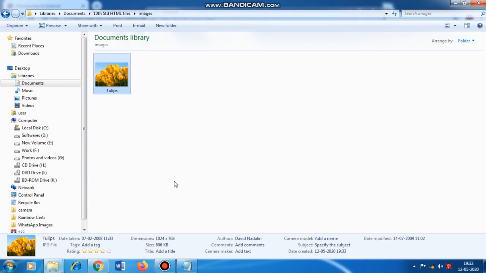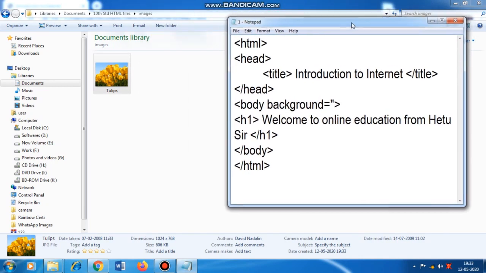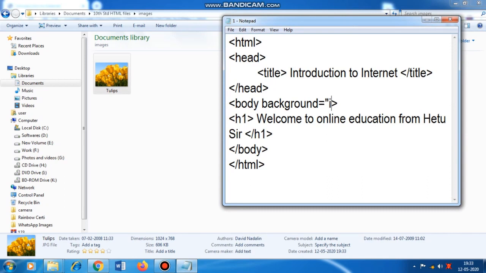Okay, now I want to insert this image in my web page. So in the body tag I have to type the attribute background is equal to, what is the name of the folder in which it is lying? Images, then slash.